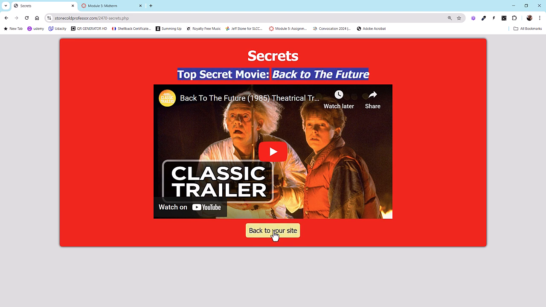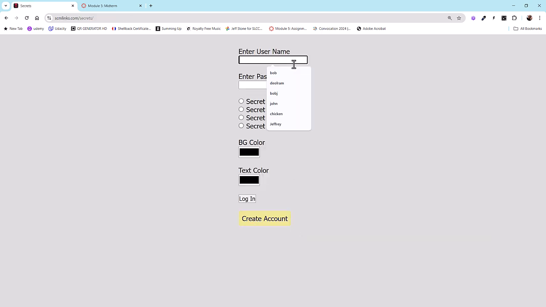And then I can go back to my site here, or it'll go back to your site if you followed all the instructions properly, right? And notice the background's red and the text is white. So let's go back here, go put my name in again, and this time I'm going to do TV shows, and I'm going to leave these black just to show you what will happen.